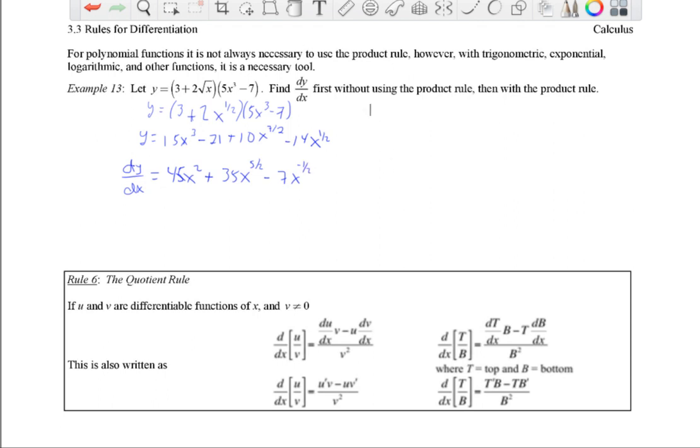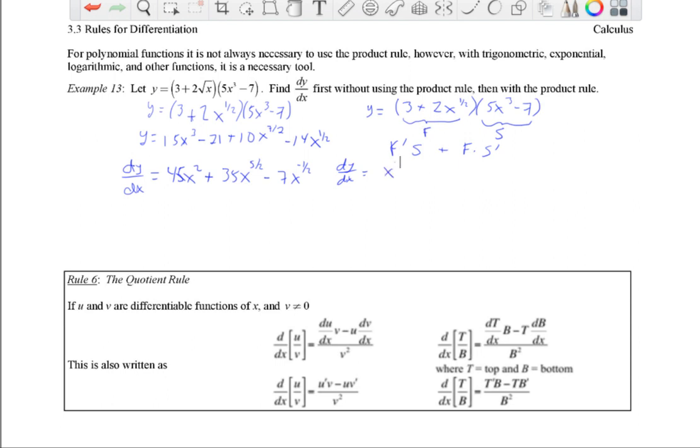Now let's go and do it using the product rule. Again, I'm going to rewrite it. So we'll have 3 plus 2x to the 1/2 times that quantity of 5x cubed minus 7. So this time we have our first and our second. So on the other side, let's go ahead and just rewrite it. We have derivative of the first times the second plus the first times the derivative of the second. So dy/dx equals derivative of this first parenthesis, the 2 times the 1/2 will just give us the 1,